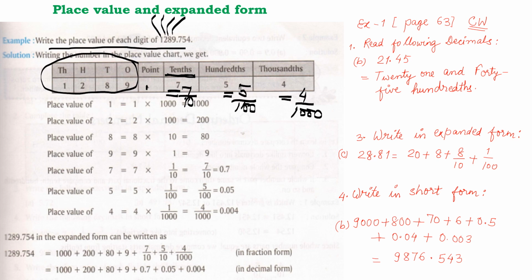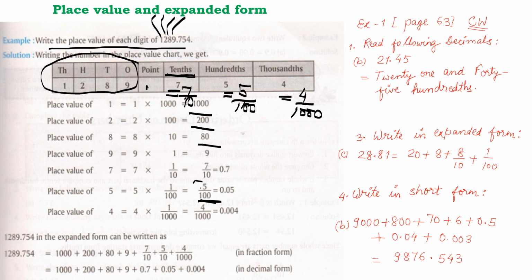Is it clear? That's what they have done. Now place value of 1, 2, 8 and 9 you know. 1 is 1000, 2 is 200, 8 is 80 and the place value of 9 is 9. Now place value of 7 is, as I said, 7 tenth, that is 7 by 10 or 0.7. 5 hundredths, that is 5 by 100 or 0.05, and 4 is 4 by 1000 or